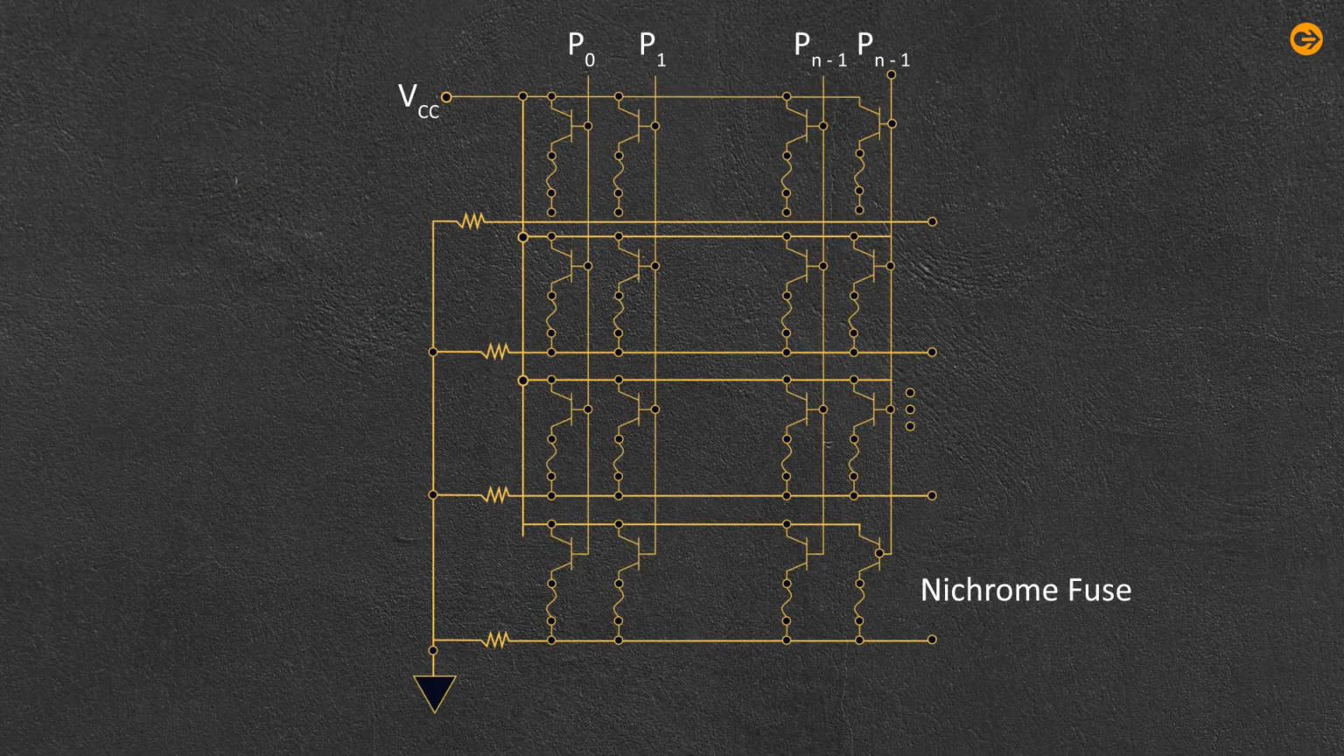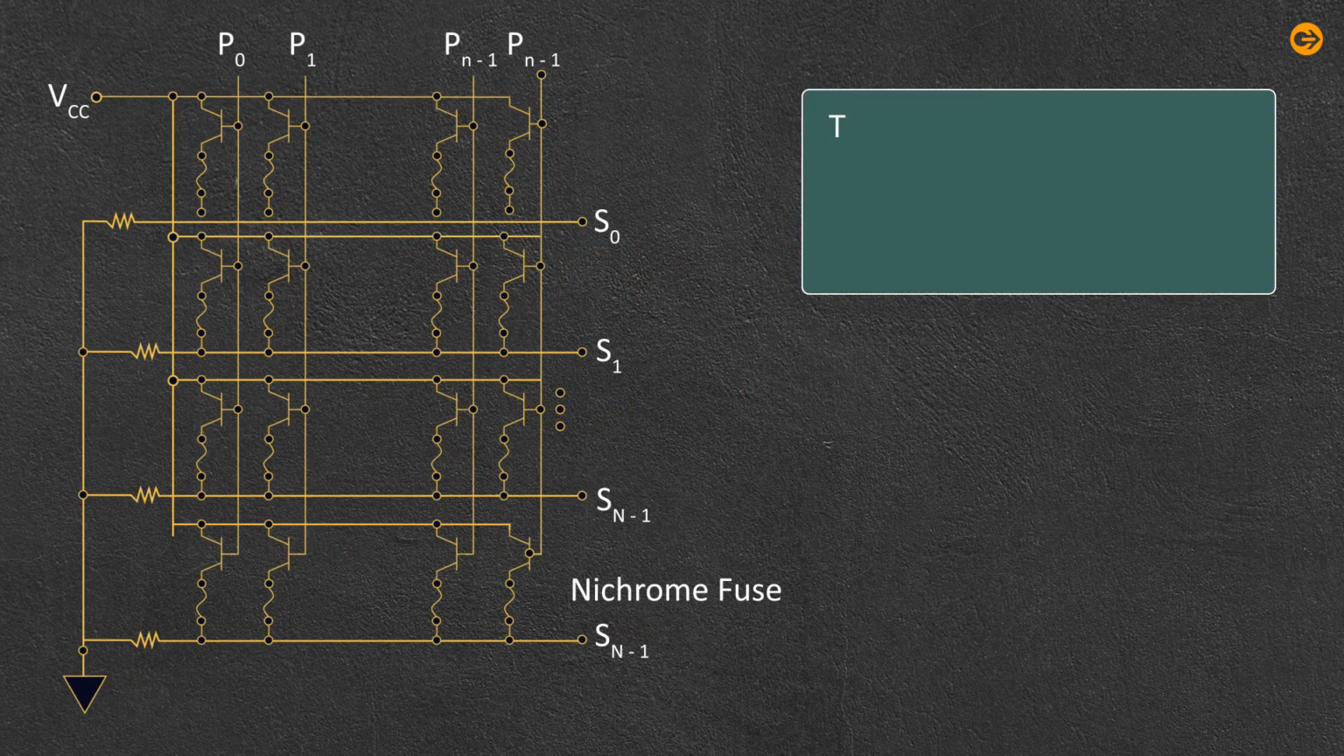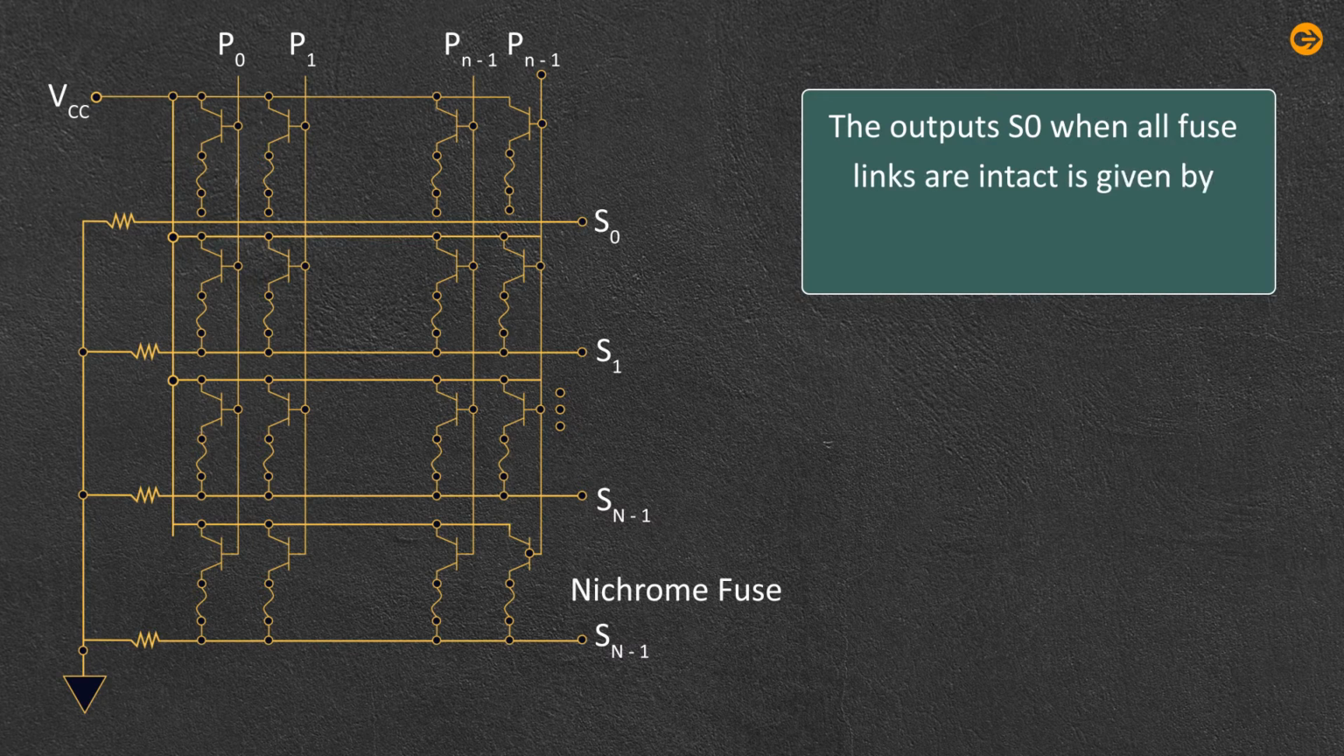OR matrix. The OR matrix is used to generate the SOP of the outputs of the AND matrix. The figure shows the OR matrix using RTL circuitry. The outputs are obtained as S0 to Sn-1. The output S0 when all fuse links are intact is given by